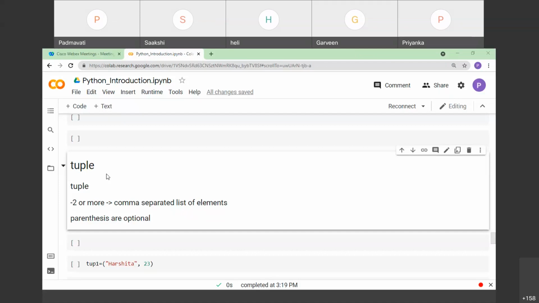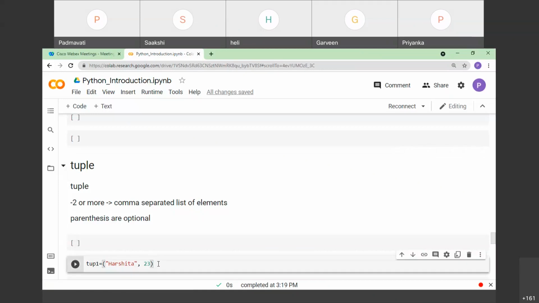Usually we do use parentheses whenever we try to create a tuple, but it is entirely up to you. If you want to skip them, you can. So here parentheses are optional. Fine. Let us start with creating a tuple.